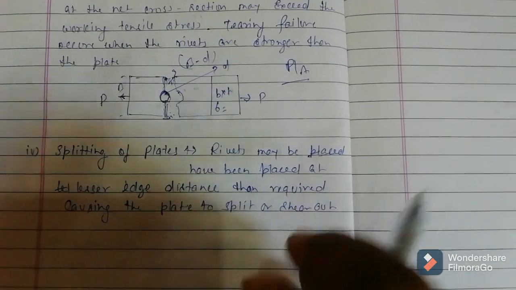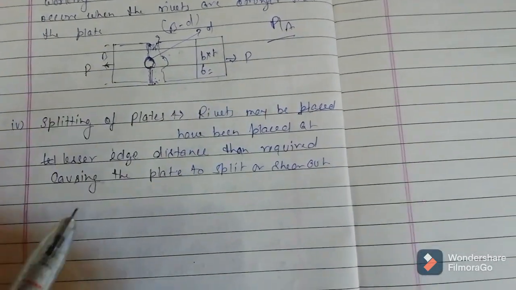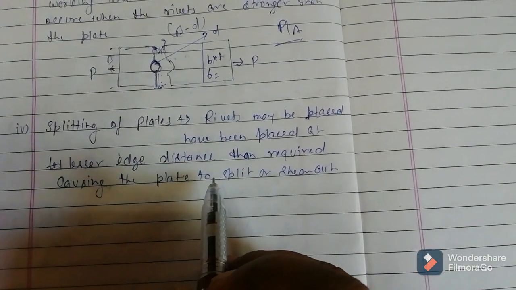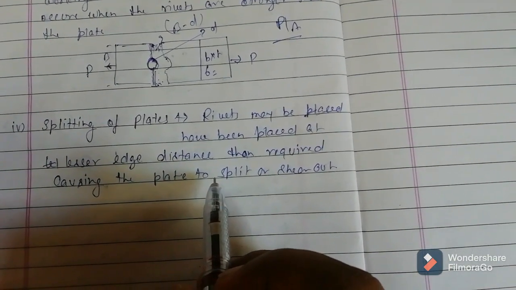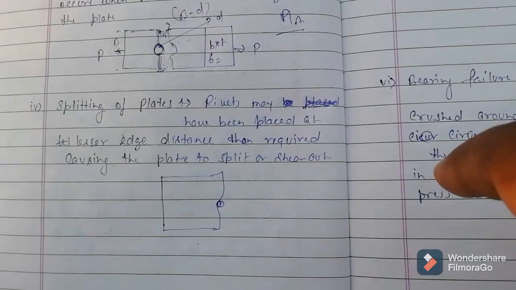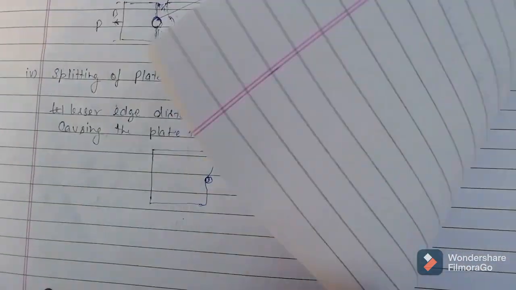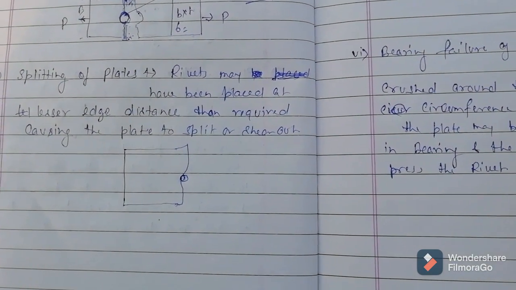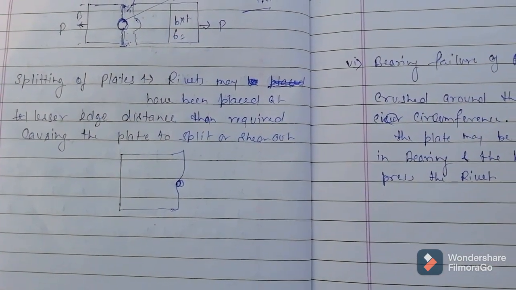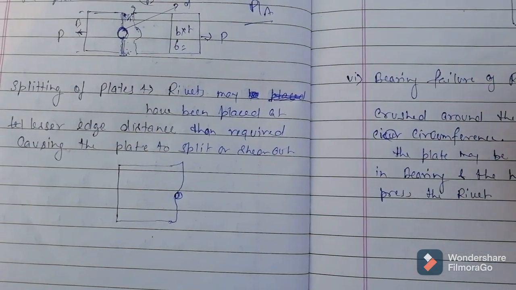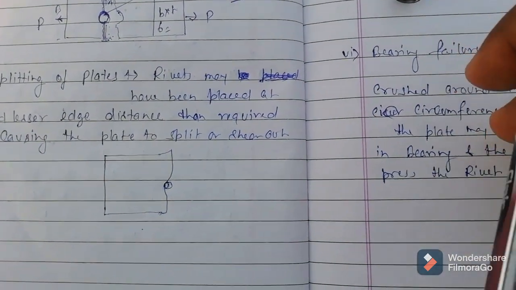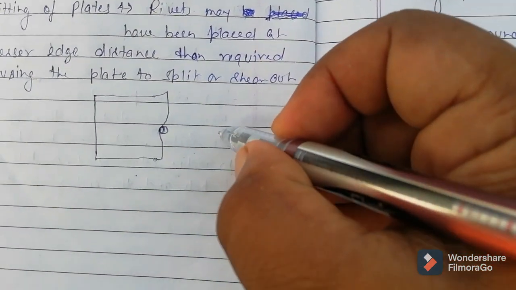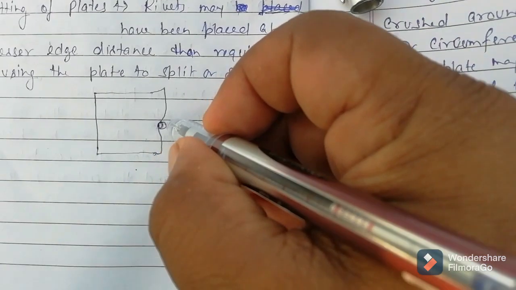Now splitting of plates. Now next is the splitting of plates. Here the rivet may have been placed at a lesser edge distance than the required, causing the plate to split or shear out. Actually, you have seen a lot of examples that when connectors are placed at a lesser edge,